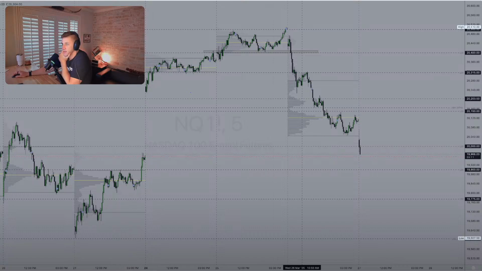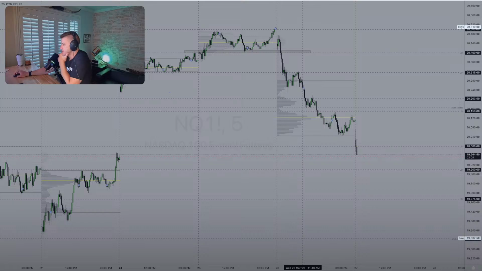Those Friday's close. That's what I would consider the true gap fill spot personally.